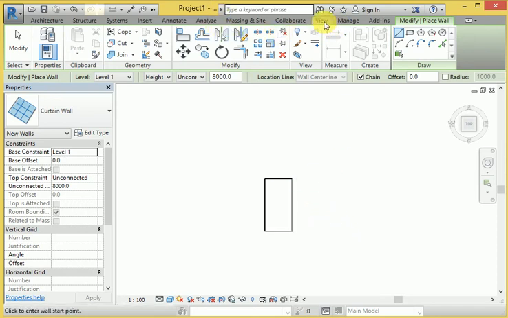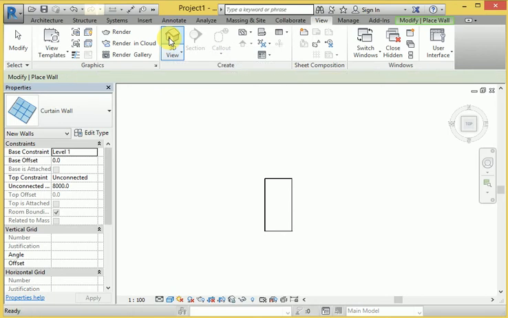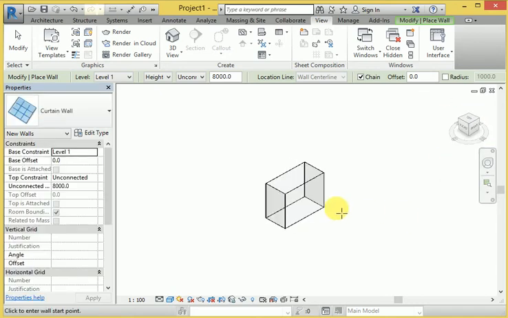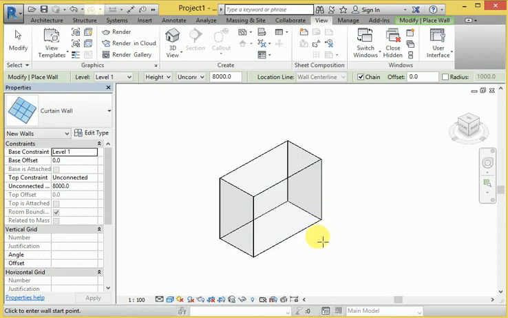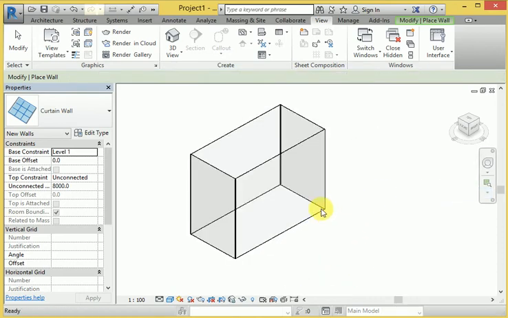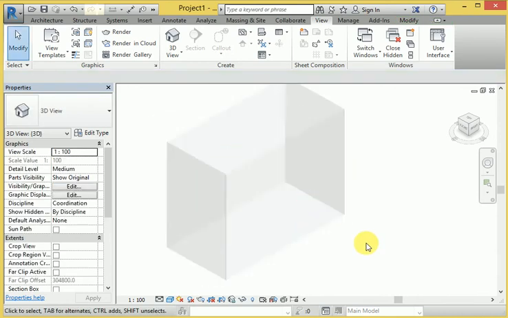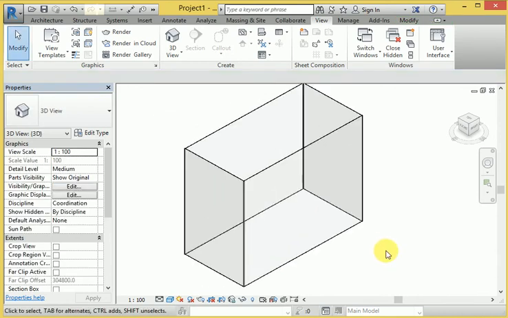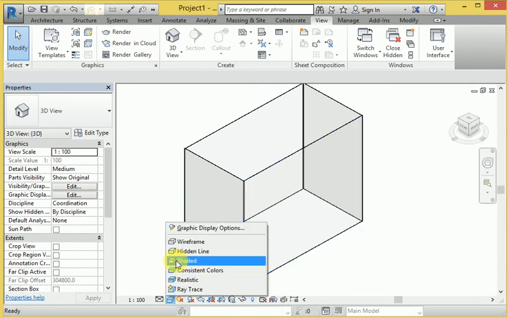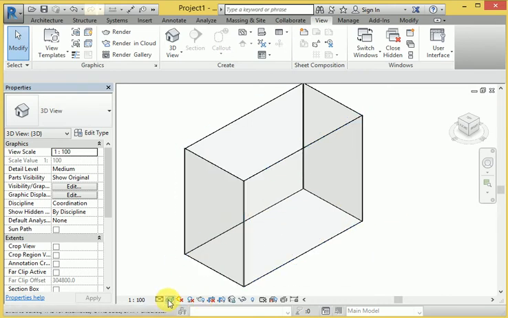When I go to 3D view, here you can see this is called 3D view. This is the default, and this is the glass type.